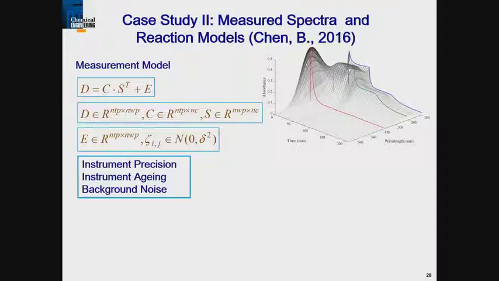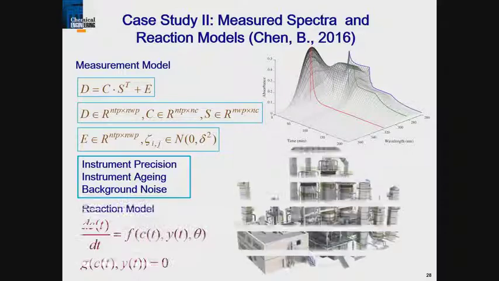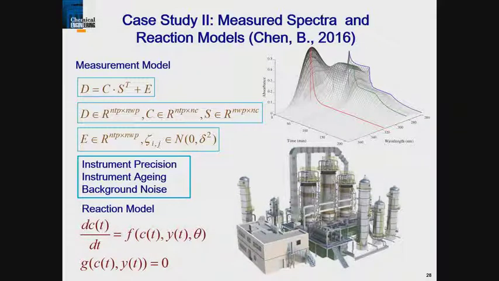All right, and the error is kind of an important feature in this problem, because what we're going to see is that, again, we have these matrices over here with time points and wavelength points. We're going to assume this error here. Well, we can assume a certain error that comes from the instrument, which we call zeta, but of course we have modeling error as well in E that contributes also to zeta. So the instrument error is basically due to these things here. The reactor model is also going to have some error, which we'll go into next, and that's basically coming from the way the process is run.